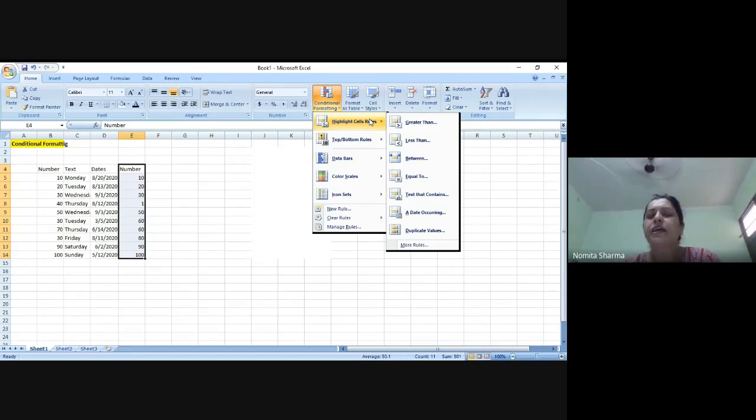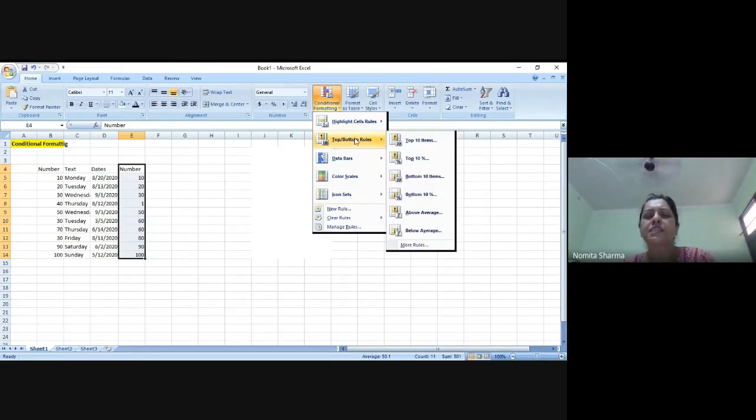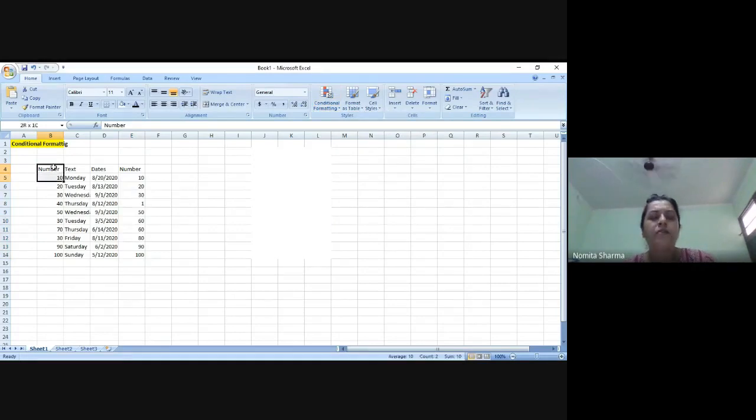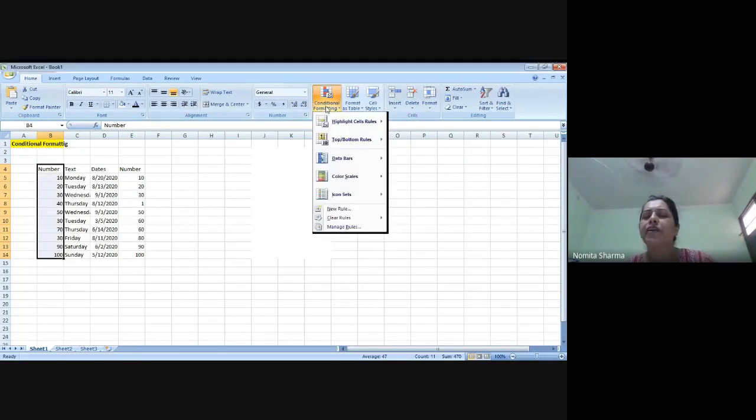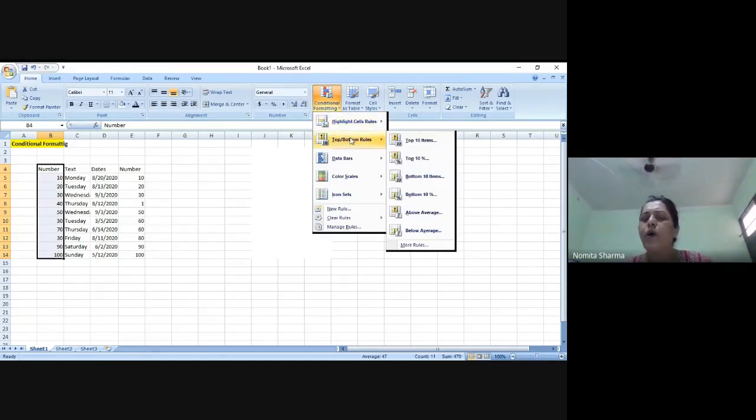The next thing I want to do, let me complete all the commands and I'll give you one common question that you can do in the other class. So we have top bottom rules next, that is again in the conditional formatting. I want the numbers to be ranked or rated as top 10, top 20, or bottom 10, bottom 20, like that. So I have the option of top bottom rules, and I select the first one,